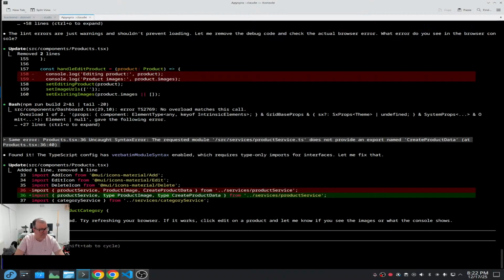I don't like the idea of having a field array to add a new image. Change it to use a button called add image, and after the button is clicked,